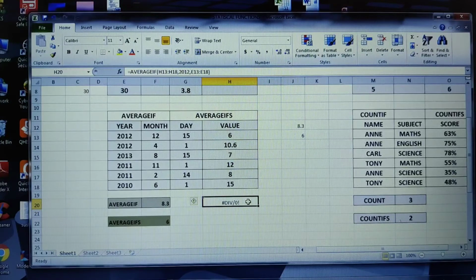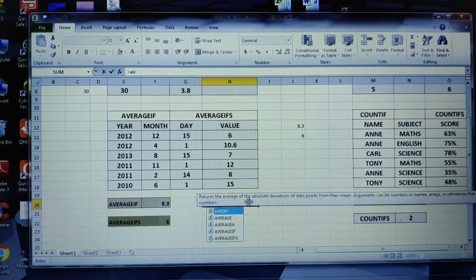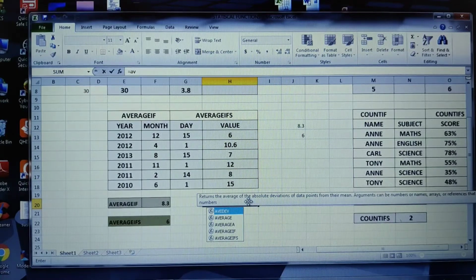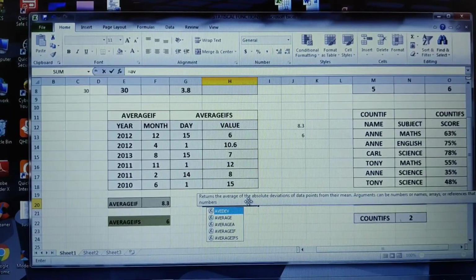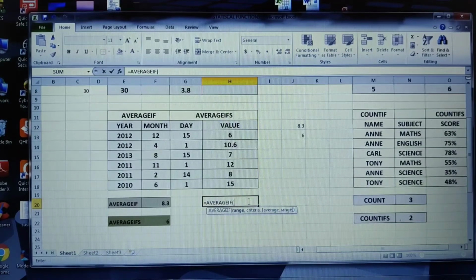The mistake is here. Once again I'll write it again. So equals AVERAGEIF, the range I have to give for this is the range. Actually I should have taken the year range based upon the criteria.